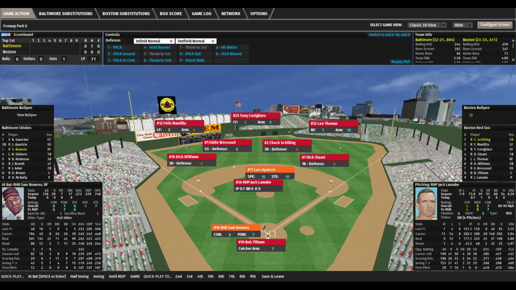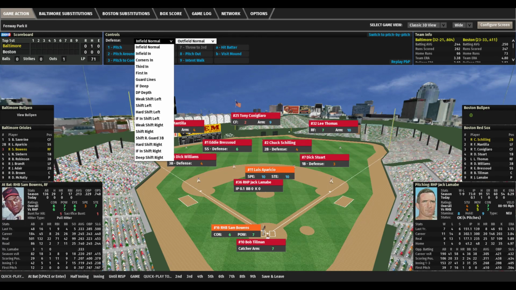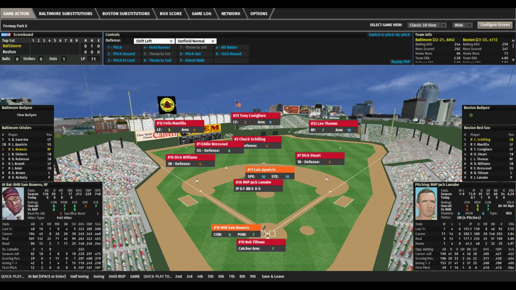But he could break out of it. Contact above average, power 7 out of 10, again above average, and his eye is 6 out of 10. He's a right-handed pull hitter. On a right-handed pull hitter, I like to shift left. So I'm going to shift left, which will bring my second baseman Schilling basically behind the second base bag. Now, if we wanted to hold Aparicio close, we can pitch from the hold. But I'm not going to do that. I want to...